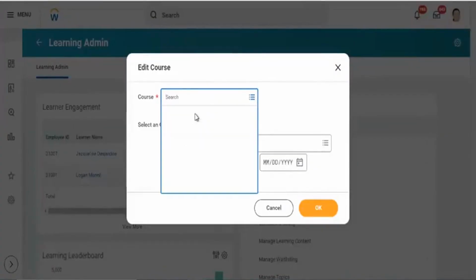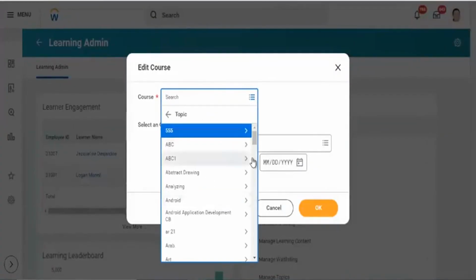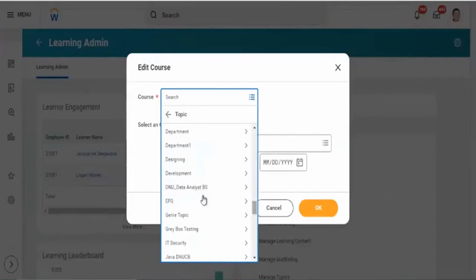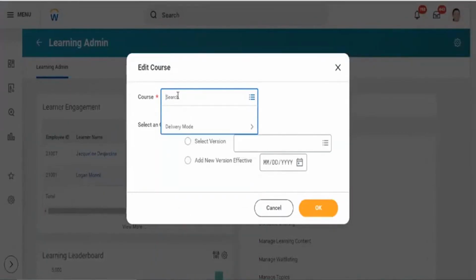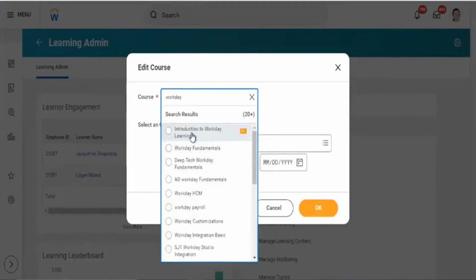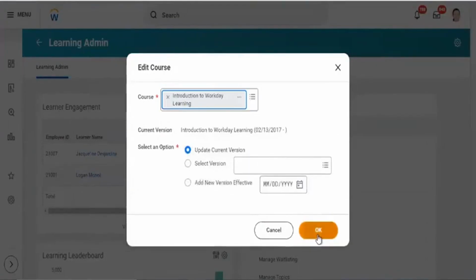You can select a topic and find out all the topics here. When you set the topic, you can look at the list of courses under that particular topic.